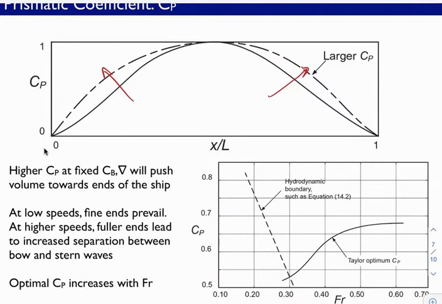go to a larger CP boat, shown here by the dashed line? You can think of this just as a cartoon effect. You have a bow, the bow wave is created somewhere aft of the bow, and the stern wave, you can think about our two-wave theory we looked at early in the semester. The stern wave is created, I have these backwards because x over L goes in this direction. So this is the bow, this is the stern, where x over L equals 1. In the bow, you have some kind of positive wave that's made just slightly after the bow and a negative wave in the stern here, and it's the interaction between them, and really the distance between them, that establishes